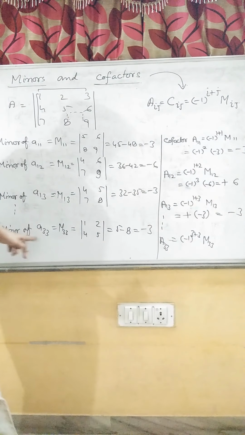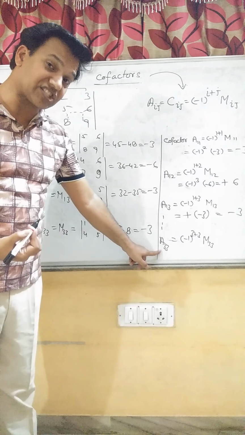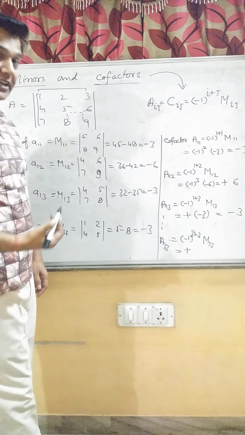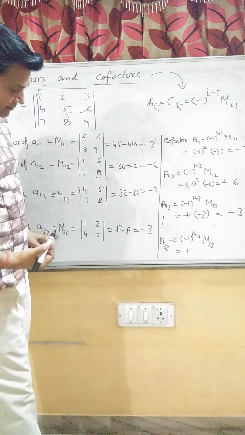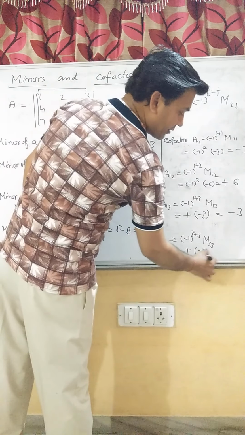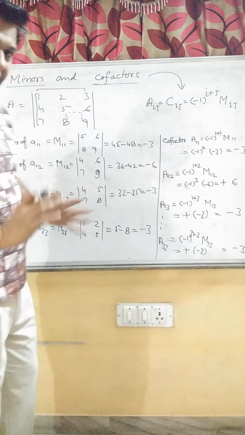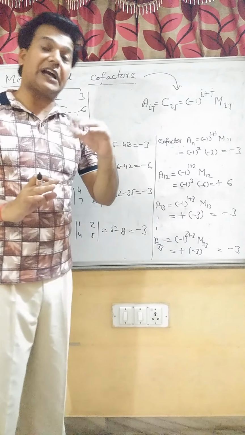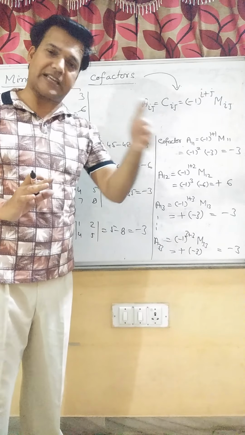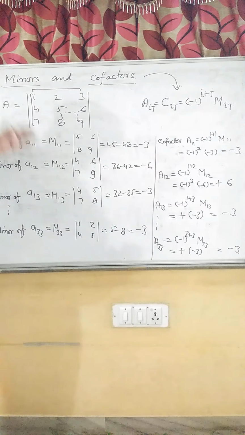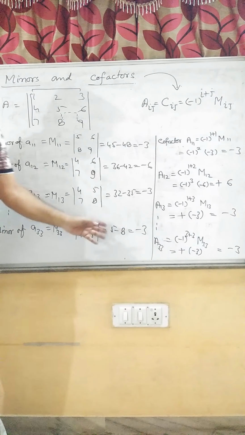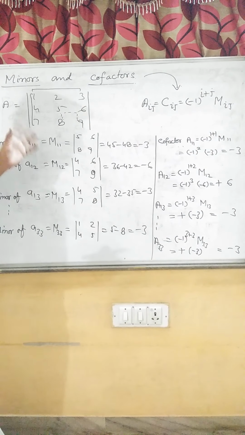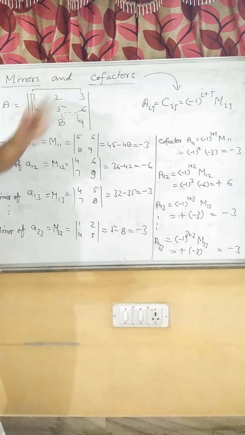And if you are finding the cofactor of the last element, we use a positive sign, because 3 plus 3 is an even number, 6, and the value of M33 is minus 3. So you will get at last minus 3. So the only difference between cofactor and minor is the sign. In a cofactor we are using alternating plus minus signs: first plus, then minus, then plus, then minus, like that. And in a minor, without using the sign, it is only the value of the subdeterminant for that element of the given determinant. It is called minor and cofactors.